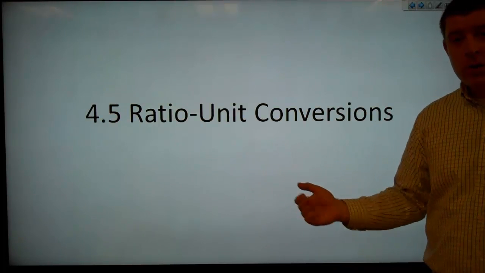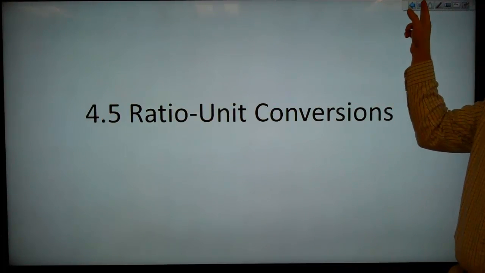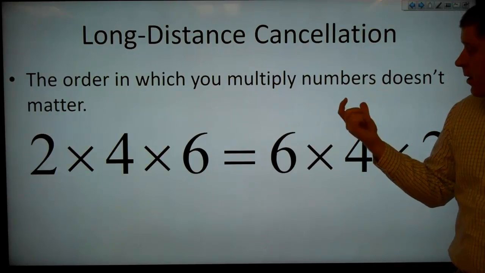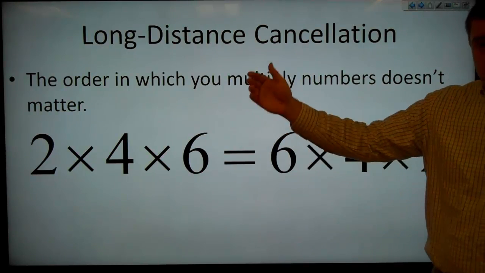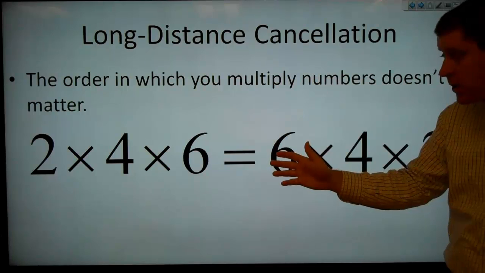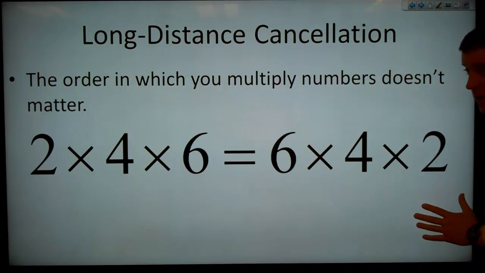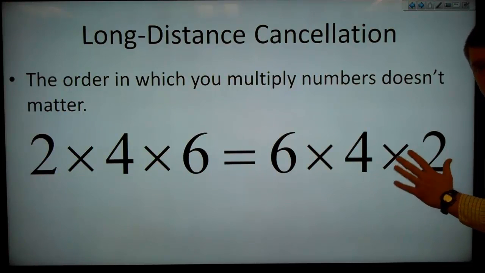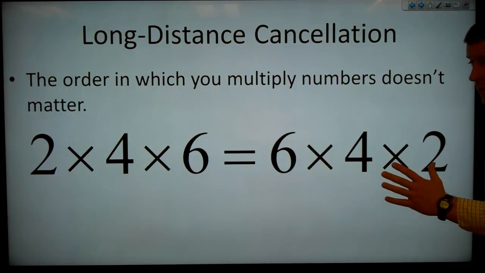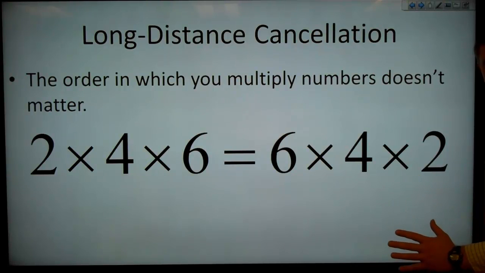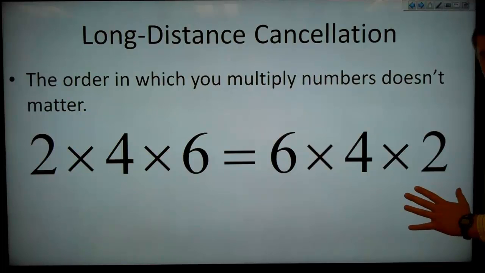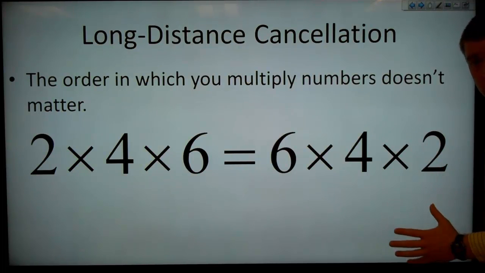Welcome to ratio unit conversions. The order in which you multiply numbers doesn't matter. So if we have something like 2 times 4 times 6, that equals 48, but that's also equal to 6 times 4 times 2, or 4 times 2 times 6, or 6 times 2 times 4, or 4 times 6 times 2. Doesn't matter which order we have the numbers in, the result is always going to be the same